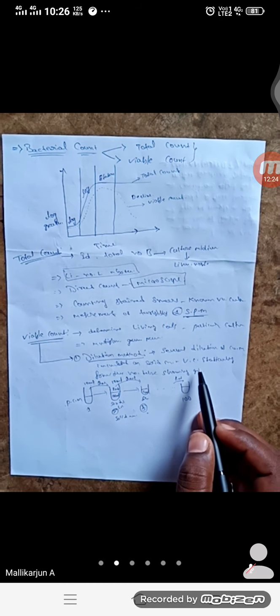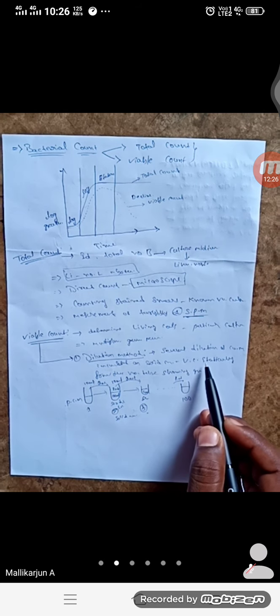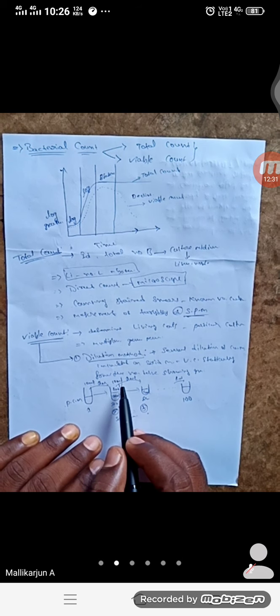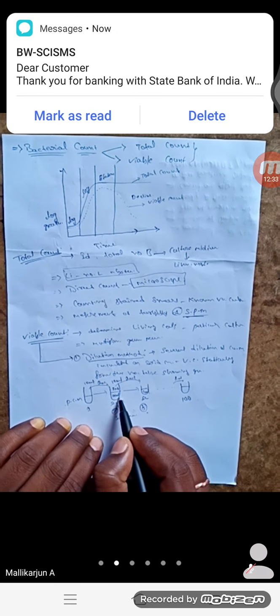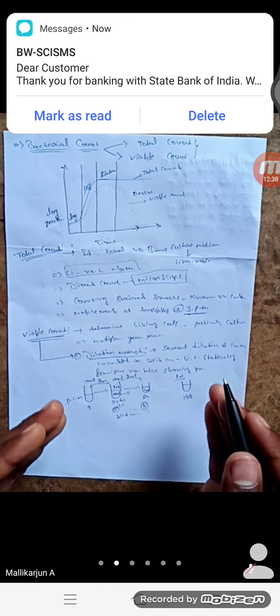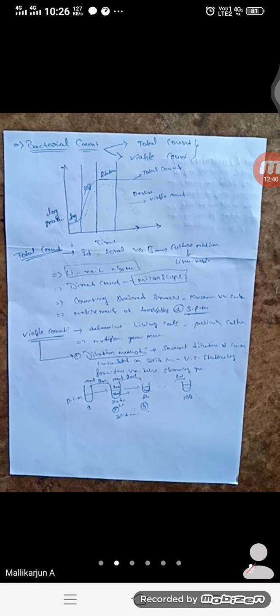And the next one, the measurement of the viable count depends upon the tubes showing growth. So it is whether the growth is complete or not, and how many cells are present in the particular medium, in each and every tube. So that one is the dilution method. Here, several dilutions of the culture are inoculated in a solid media, and the viable count is calculated statistically from the number of tubes showing growth.